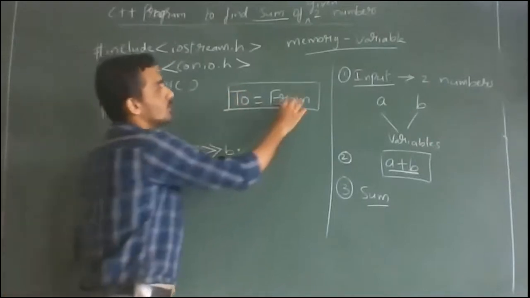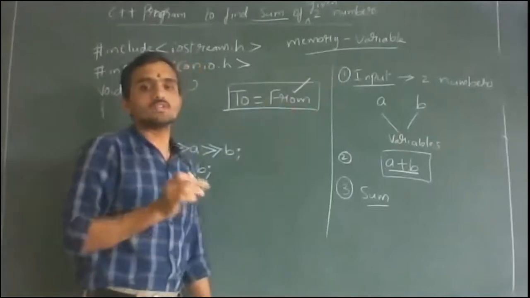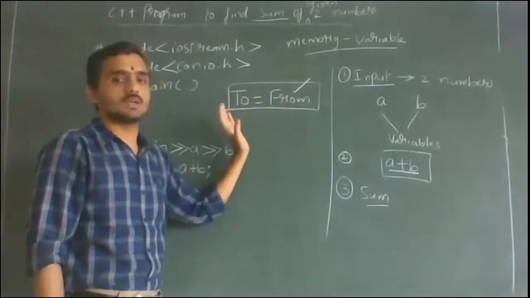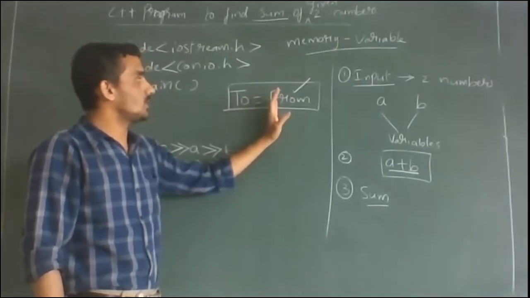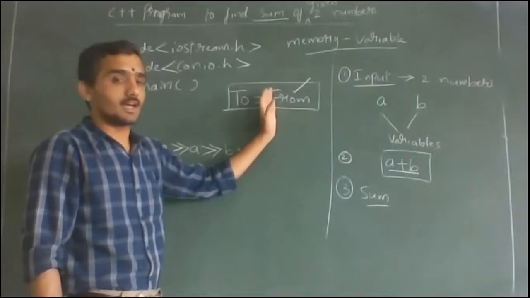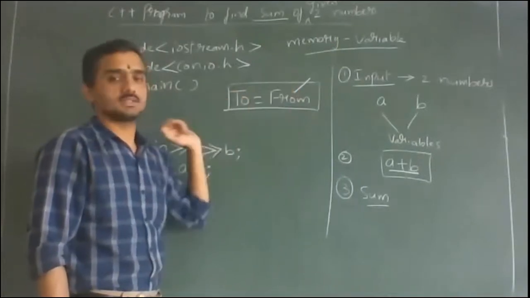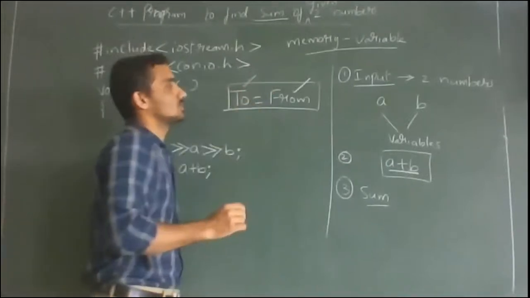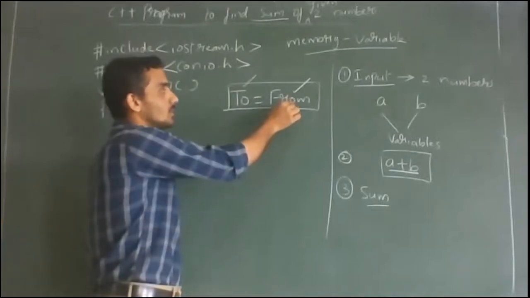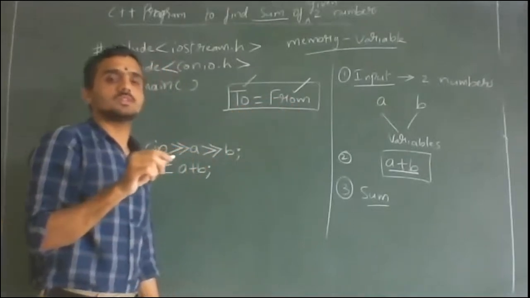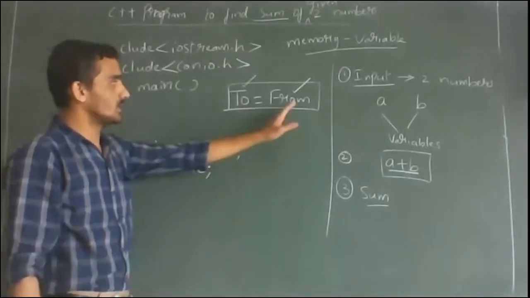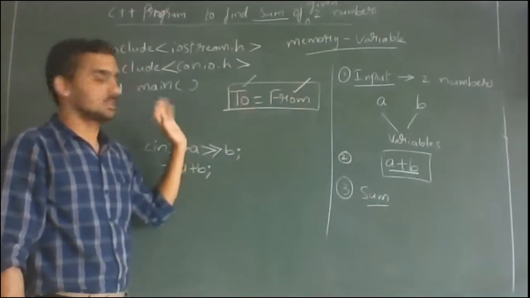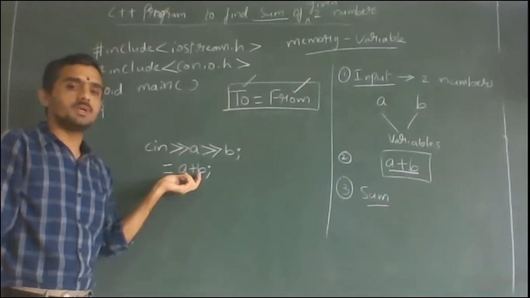That means, from which variable you are copying or which value you are copying, write it on the right hand side. It is not like proving LHS equal to RHS. From which variable or which value or which calculated value you are copying, that you put on the right hand side. To which variable you are copying, put it on the left hand side. So only this, 2 is equals to from. Once again, from which variable or value or equation's result you are copying, put that on the right hand side, and to which variable you are copying, put it on the left hand side. So here the value of A plus B I am copying.